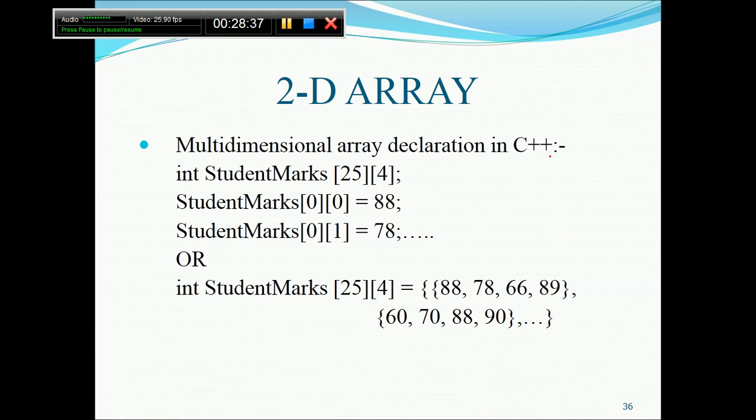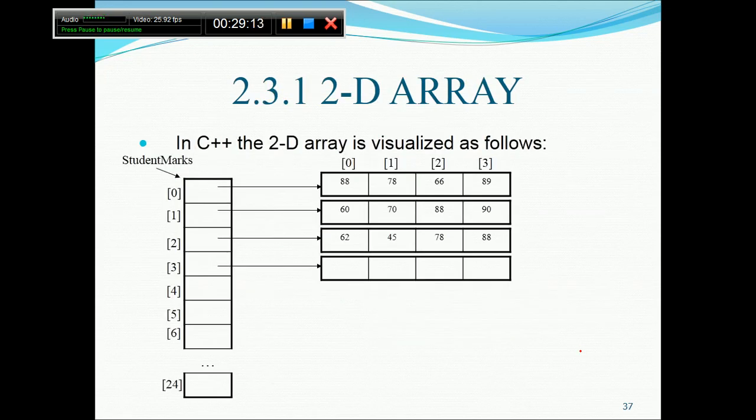Now the multidimensional array declaration in C++, this is the particular way we are already aware of. Int student, then m in brackets and n in brackets, where the first goes as a row and the second goes as a column, row into column. So we can use 0 0, the 0th row 0th column, where 88 can be filled, or 0 1, 78, or you can fill in this way also. You can see it row wise, first row, second row, eventually it should be 25 rows. This could again be a possible declaration. So this is an example of how a 2D array is visualized.